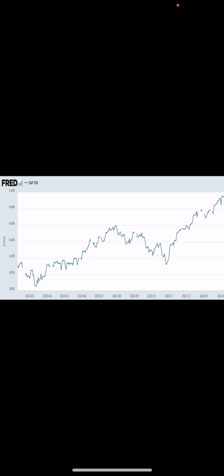The S&P 500. So here's the S&P 500, and this is showing data over the last, I would say, year or so. As you can see, the S&P 500 is a graph that measures the stock performance of the 500 largest companies listed on the stock exchange. This number is right at 5,000 now and is trending at the highest levels of all time. Overall, this economic metric is still looking very good.